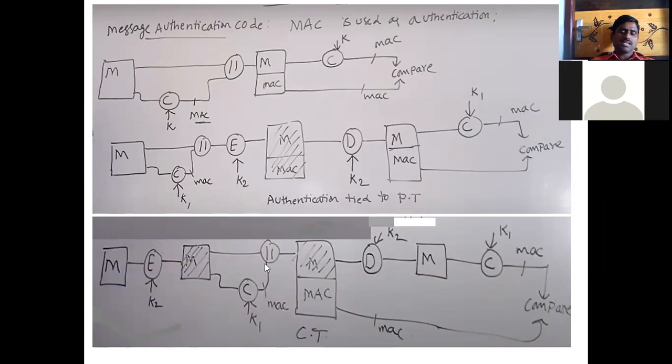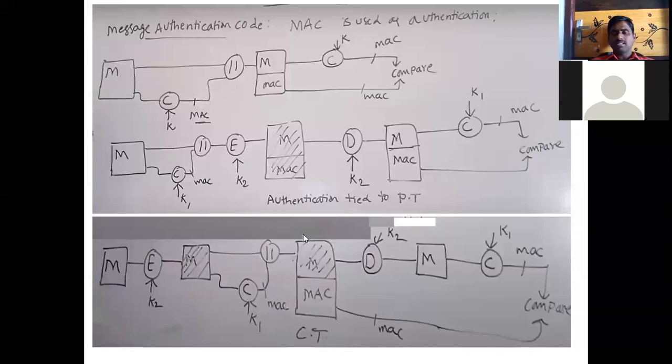You can observe here the M is shaded, not MAC, because only the plain text is encrypted, not the MAC. In the previous one, both are attended and encrypted. Here, only the plain text is encrypted.